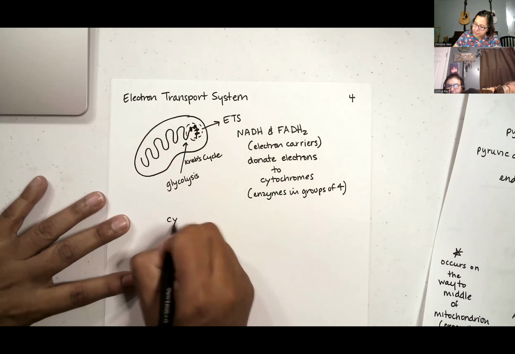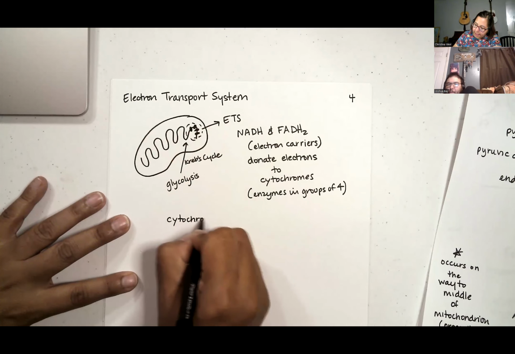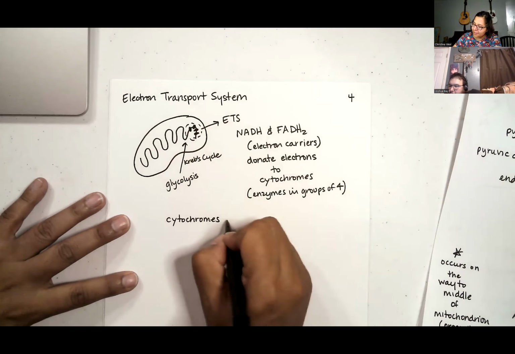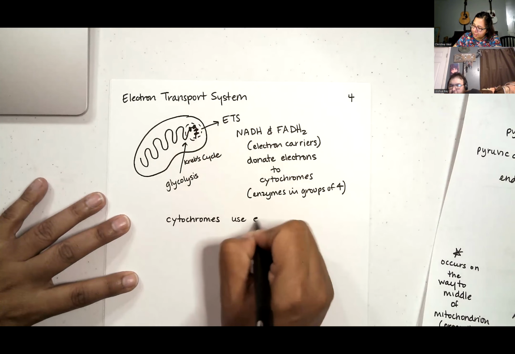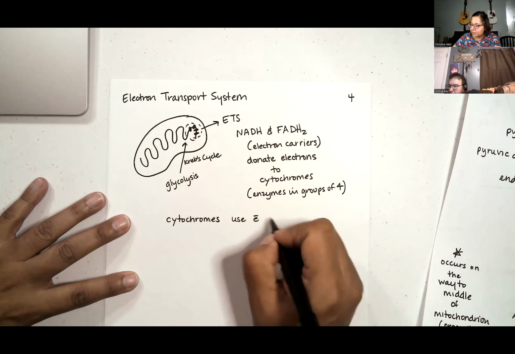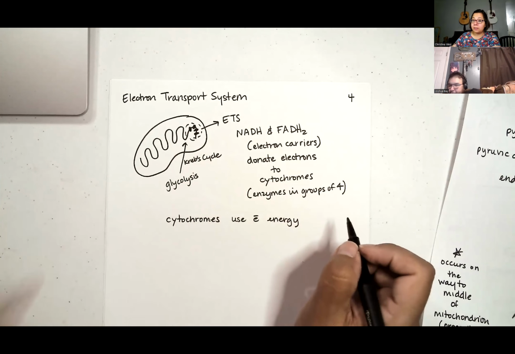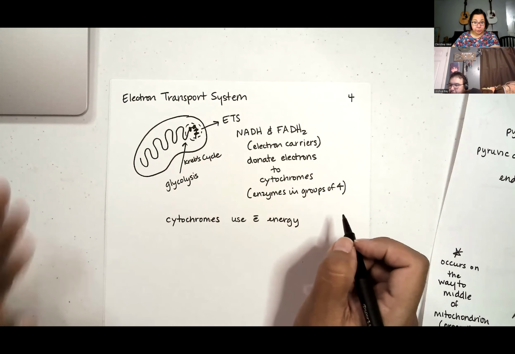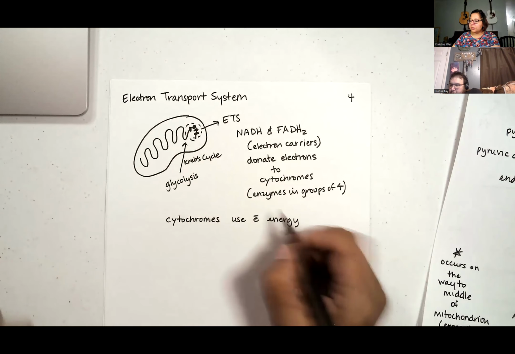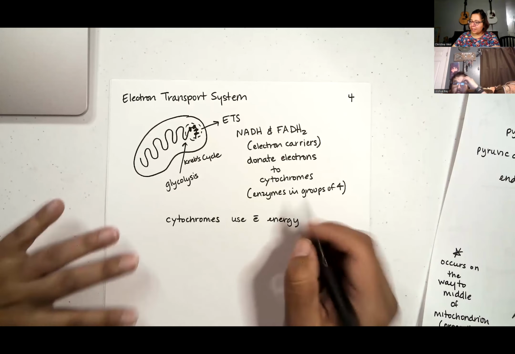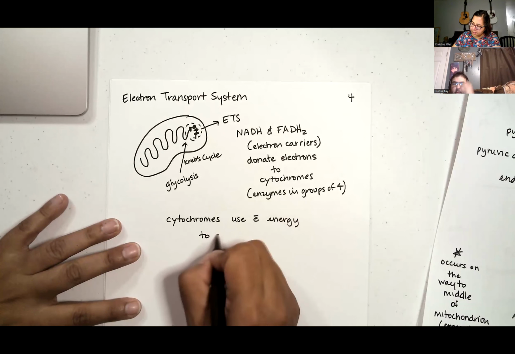The cytochromes, through some elaborate but elegant chemistry, use those electrons, specifically their energy, because moving electrons is electricity. So we use the energy or the electricity of those moving electrons to generate